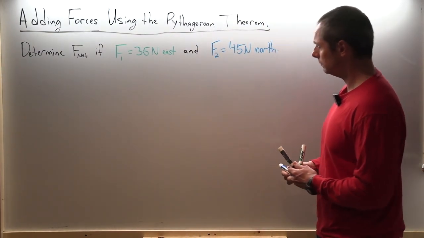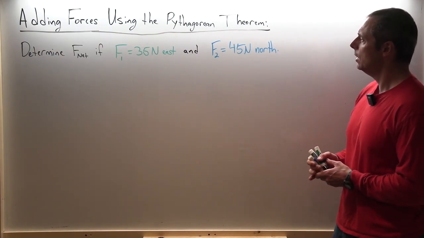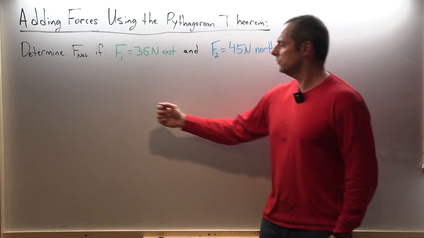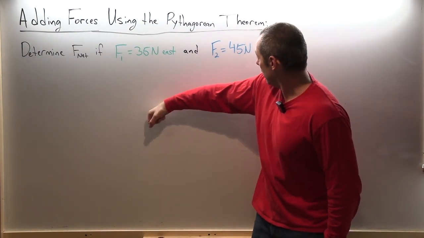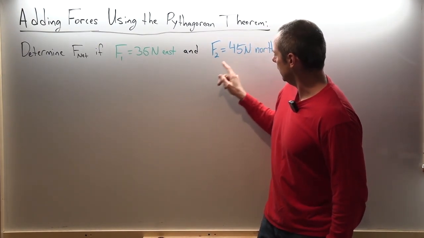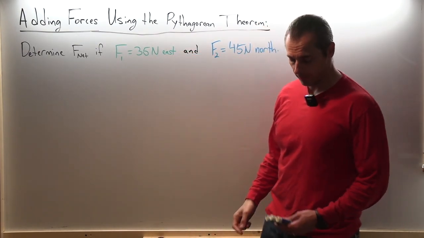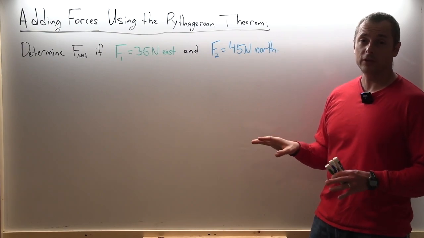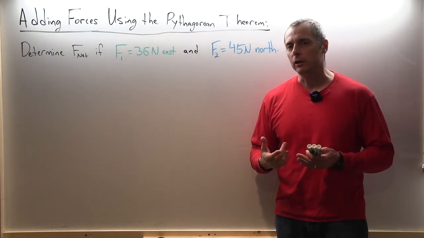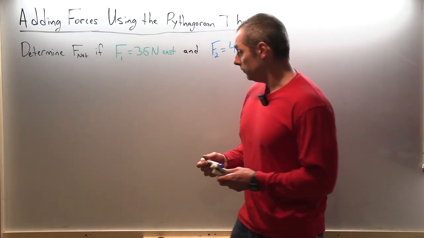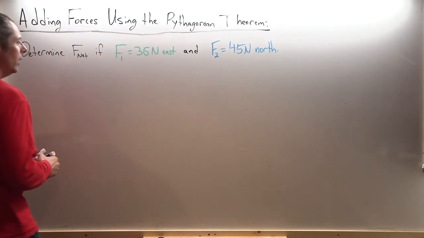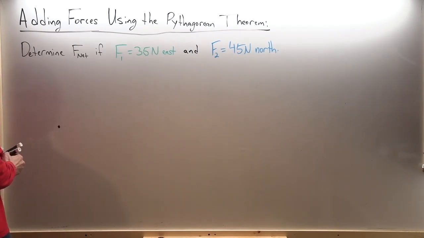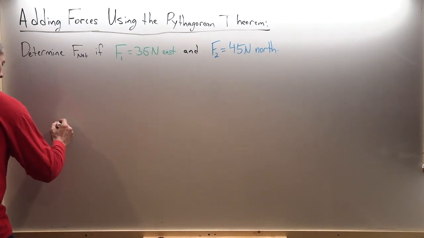Okay, so here is the problem we're going to do. Determine F net if F1 is 35 newtons to the east and F2 is 45 newtons to the north. To solve this, we still draw the forces roughly to scale, but only by eyeballing the scale, because it's not going to depend on the accuracy of your drawing. Still, we're going to take these two forces and draw a 45 Newton force to the north,